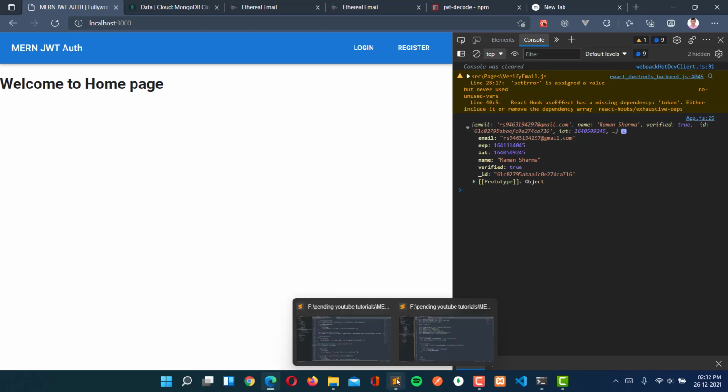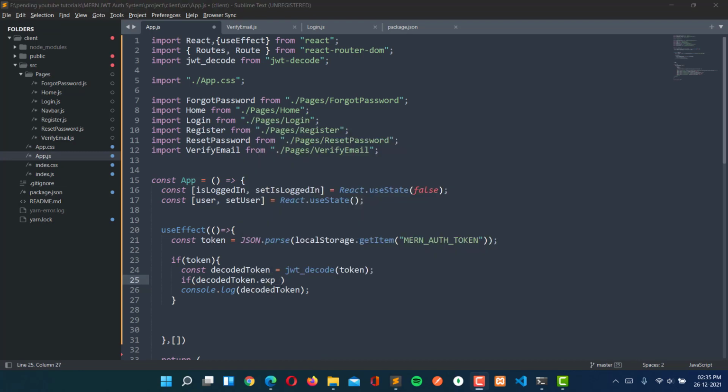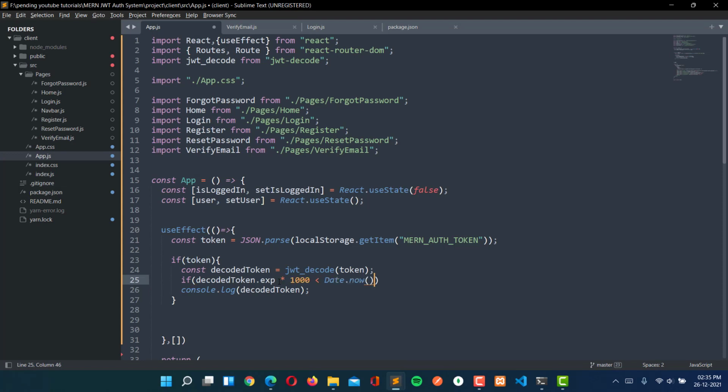Here we will check if the token is expired or not. If decodedToken.exp, multiplied by 1000, is less than Date.now(), then we will log out this user here.